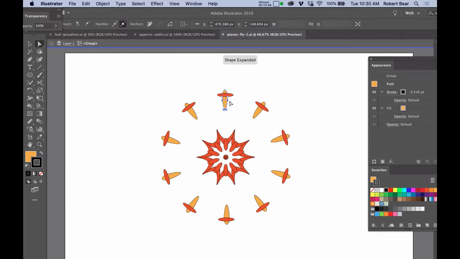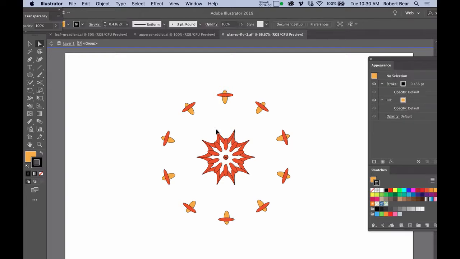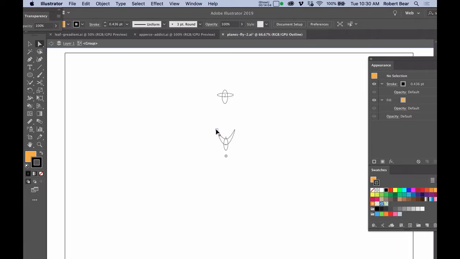So if I was to do something like this, now this is really pretty fascinating. Let's undo this for a second. This is just a series of shapes. In fact, let me hit Command Y to share with you the original slate shape that this was. This is just 2 ovals on top of another. This is another oval where I move the anchor point on top of another oval. So that's basically all this is organically. Then through the appearance menu and the effects menu, you can kind of just go into outer space with this,